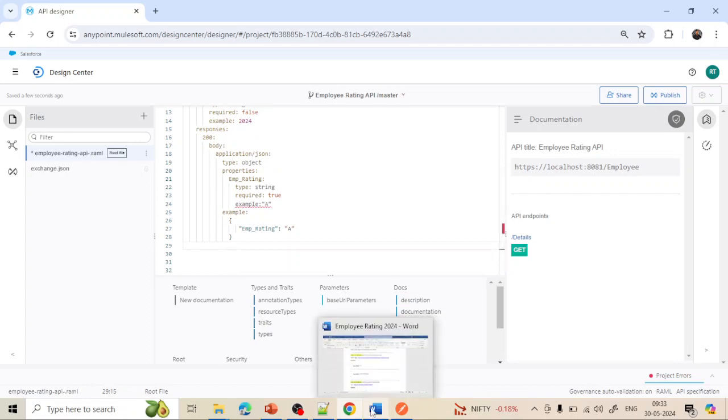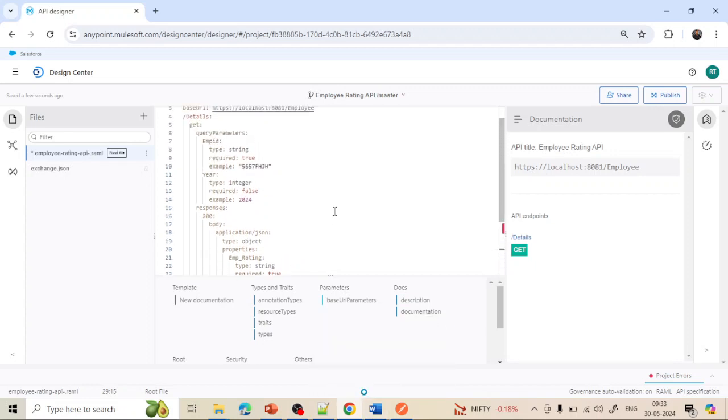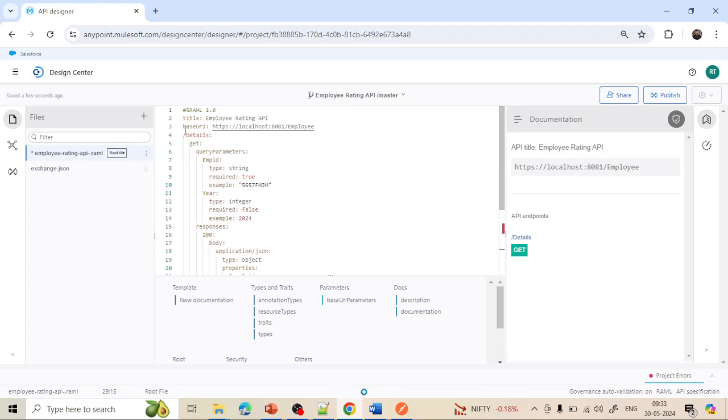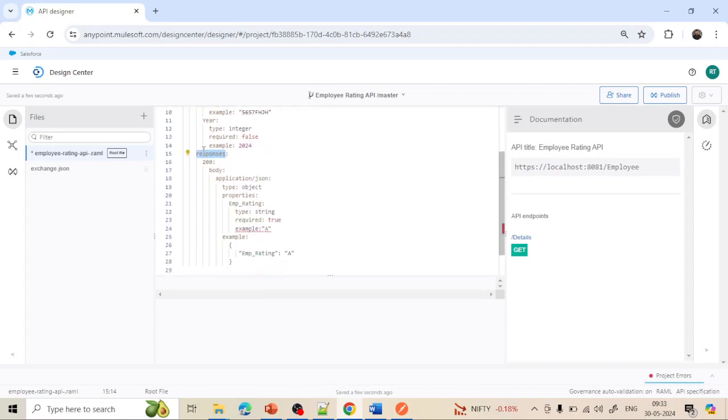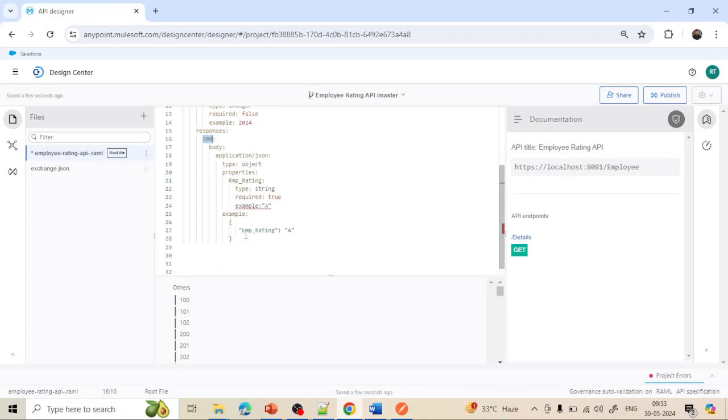Now the case one is done. For case one, what we did: we selected the base URI, we selected the resource, we took which method it is going to follow, and after that the query parameters. We have mentioned both query parameters, employee ID and the year. Again we have mentioned the response. There should be two responses. The first response will be 200 with application.json, and the second response is going to be